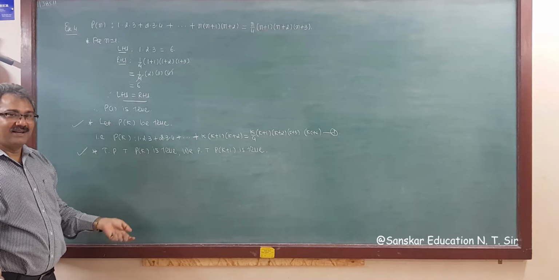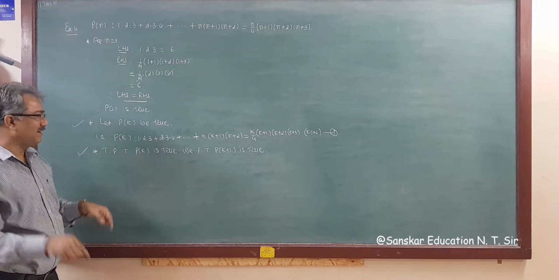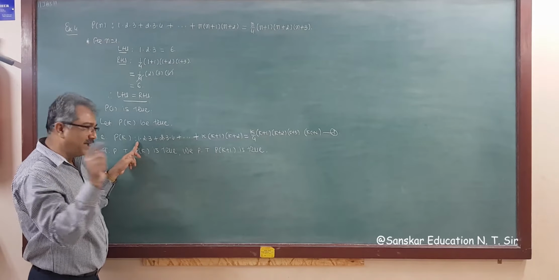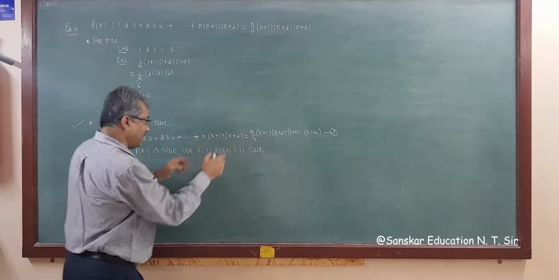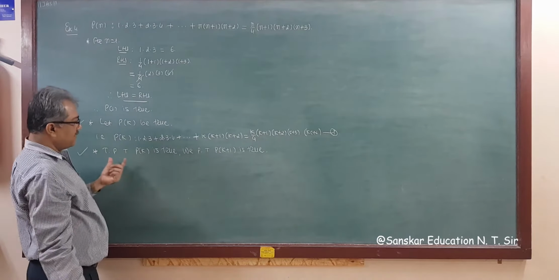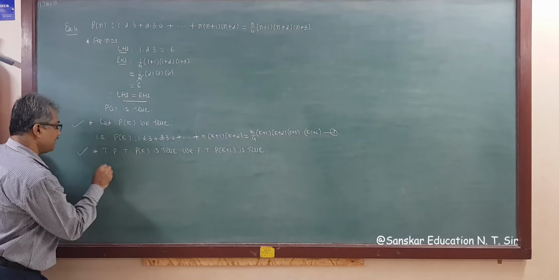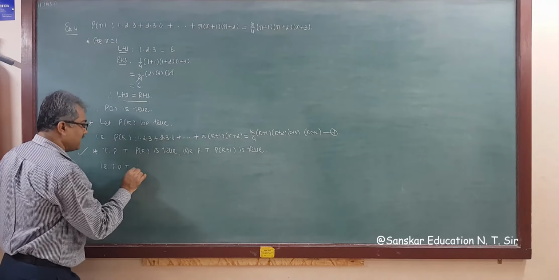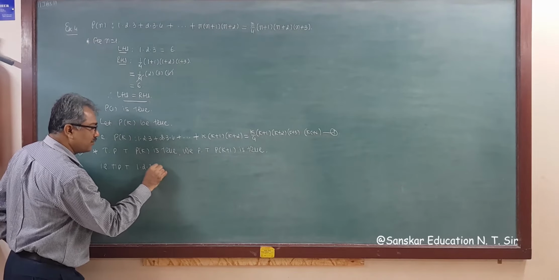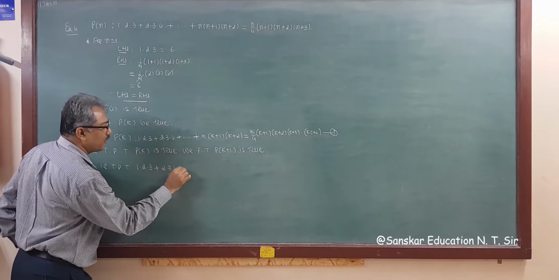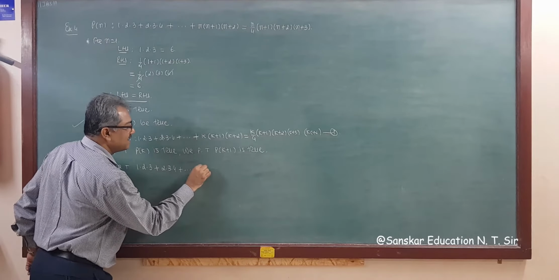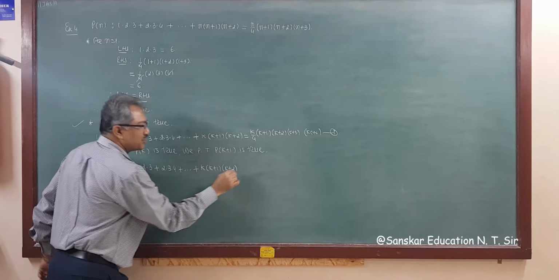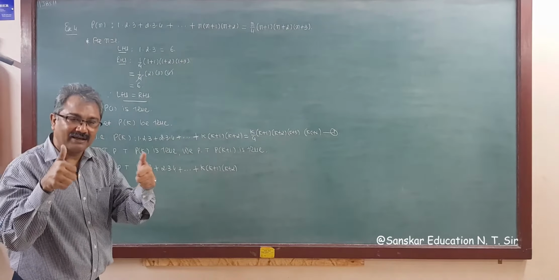You know. क्या करना है? पता है ना? हाँ. क्या करना है? The left hand side of Pk as it is. So writing that, P k plus 1 is true. So that is to prove, left hand side of Pk as it is. So 1 into 2 into 3 plus 2 into 3 into 4 plus up to k plus 1, k plus 2. So this is the left hand side of Pk.